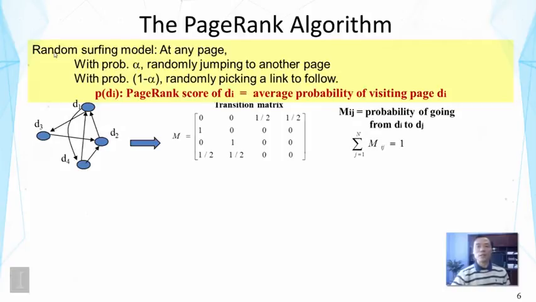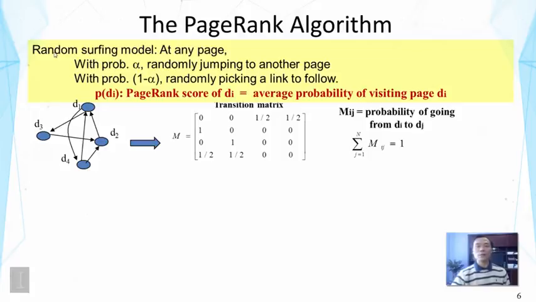In order to see that, we need to take a look at how this probability is computed. So first, let's take a look at the transition matrix here. This is just a matrix with values indicating how likely the random surfer will go from one page to another. Each row stands for a starting page. For example, row 1 would indicate the probability of going to any other 4 pages from D1. And here we see there are only 2 non-zero entries, each is 1/2.